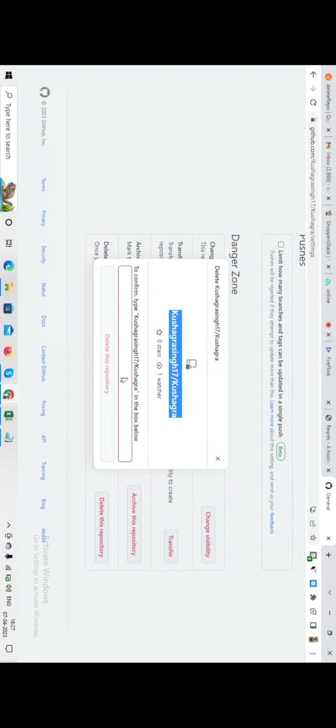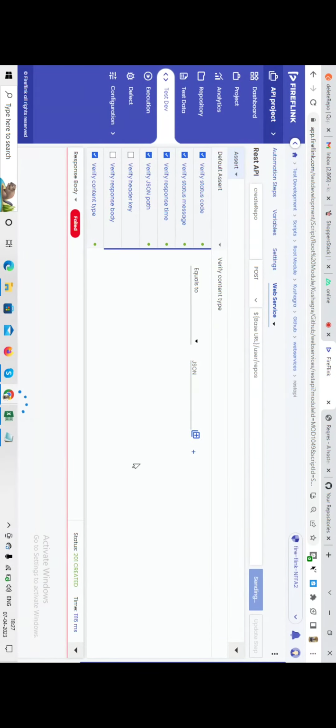ये मैनुअली डिलीट कर सकते हैं, जैसे अपन वहाँ पे ऑपरेशन लिख रहे हैं, अगर मैनुअली डिलीट करना है रिपोजिटरी को तो यहाँ कैसे कर सकते हैं, ठीक है। JSON पाथ ये हो गया, रिस्पॉन्स टाइम ये हो गया, कंटेंट टाइप क्या हो गया, JSON, इसको हटा, ऐसे डाल के देखते हैं। सेंड एक बार और करता हूँ।